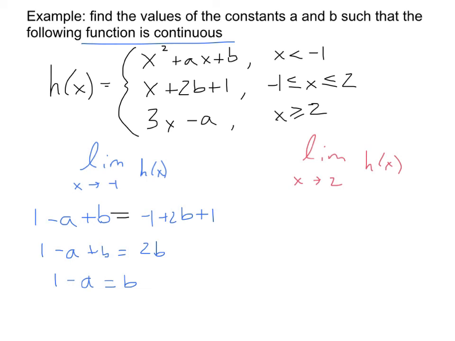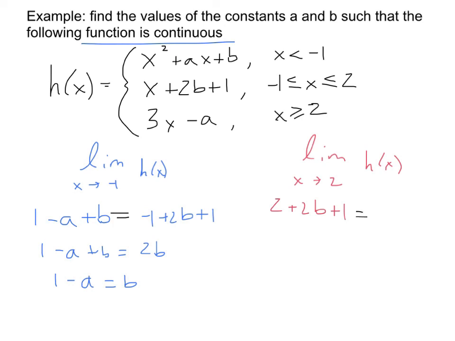And some people are like, oh no, I have two variables. How do I solve for a and b? This is so common. If you ever have an expression with two variables, it probably means there's a way to get another equation. And if you can get two equations, you can use substitution or elimination. So let's keep moving through this. On this one on the right, to make sure that the limit as x approaches 2 exists, I'm going to approach from the left and from the right. I'm going to evaluate this expression for 2 and this expression for 2 and make sure they're equal to one another. So this is going to give me 2 plus 2b plus 1